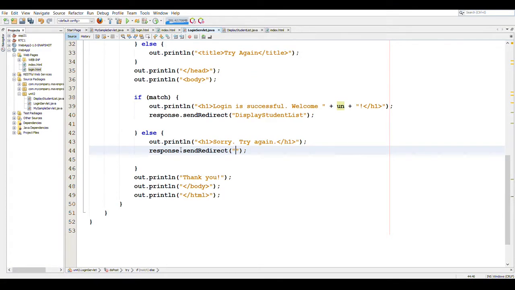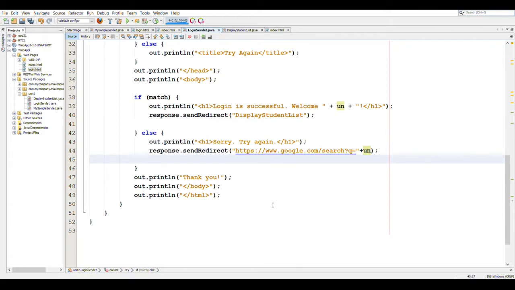The sendRedirect method can also be used to send a request to an external server, that is, a server on which our current servlet does not reside. For that we can pass the complete URL as follows. And let's say we append the username that the user has entered.